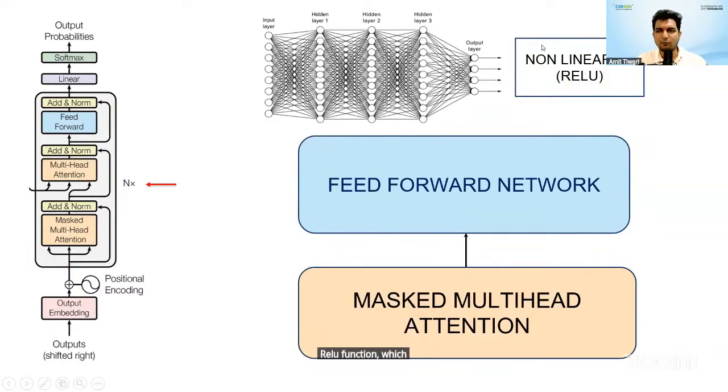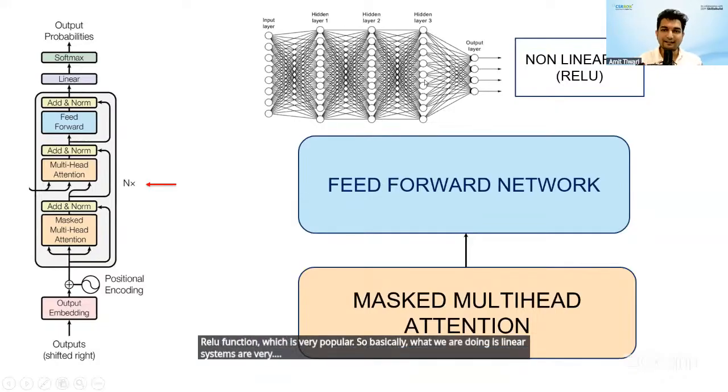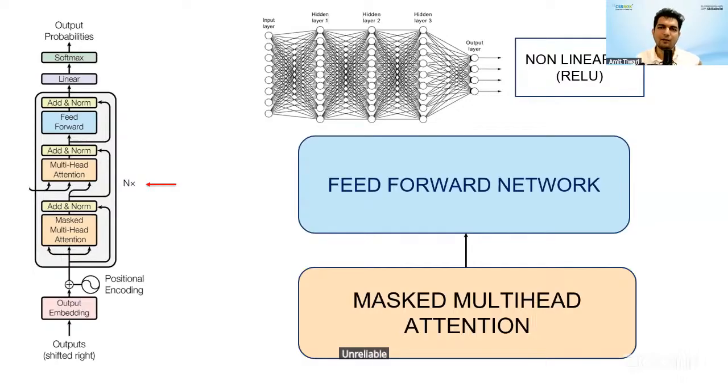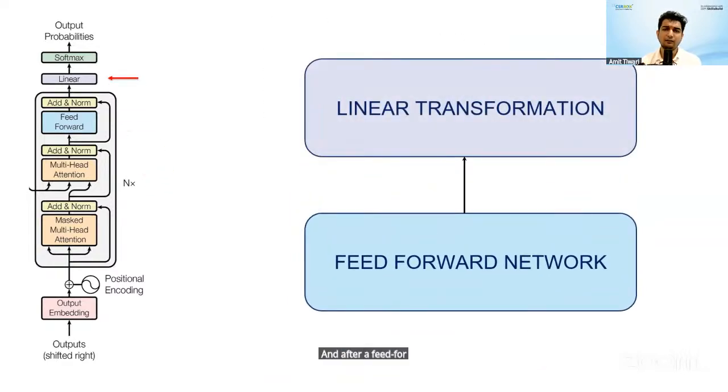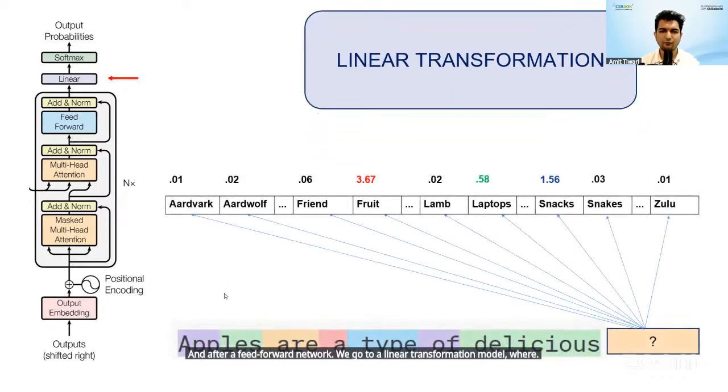which is very popular. So basically, what we are doing is, linear systems are very unreliable. So we impart some non-linearity in order to make the system more robust and reliable. And after a feed forward network, we go to a linear transformation model where we map the next word that is there in the sequence to all the words that are there in the English dictionary, and we give it